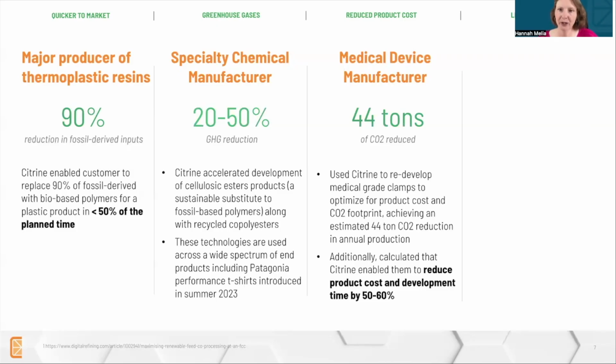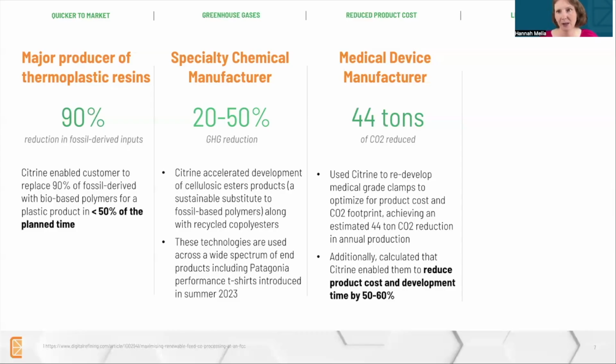The third example here is a medical device manufacturer. They were creating a medical clamp made out of plastic. And again, they were able to optimize not just the plastic itself that was used, but also production costs were optimized as well. So they were able to reduce carbon footprint, but also reduce product cost and development time